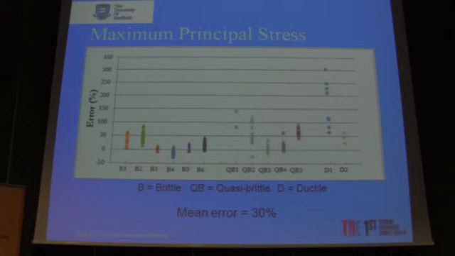As the materials become more ductile, the scatter appears to increase and also the non-conservative error increases. But the important point from a design engineering point of view is a safe design, and the non-conservative errors don't